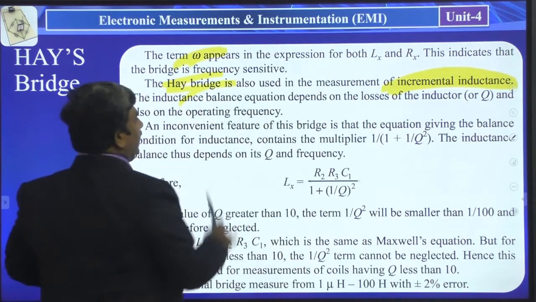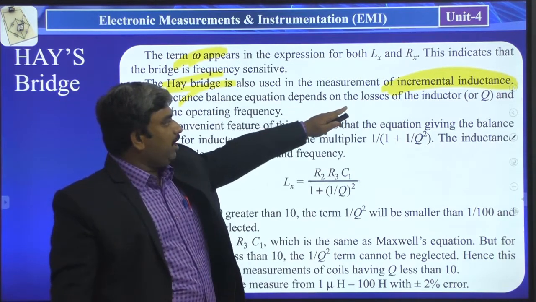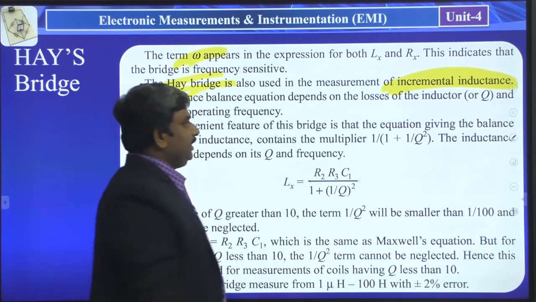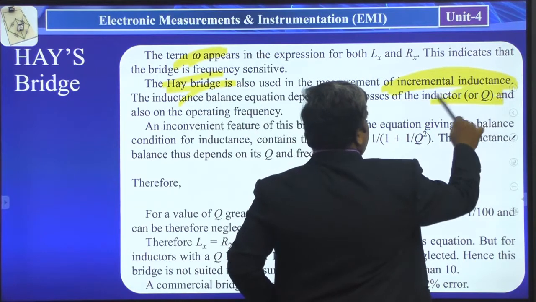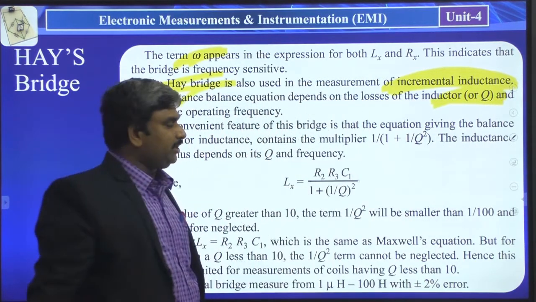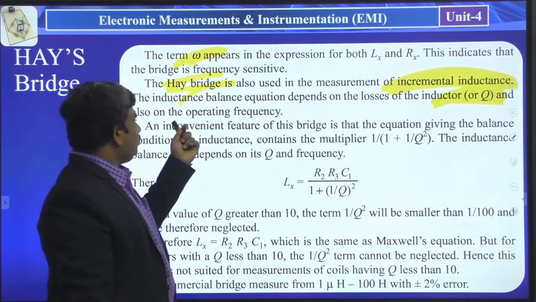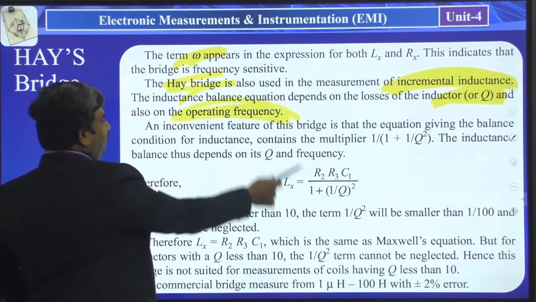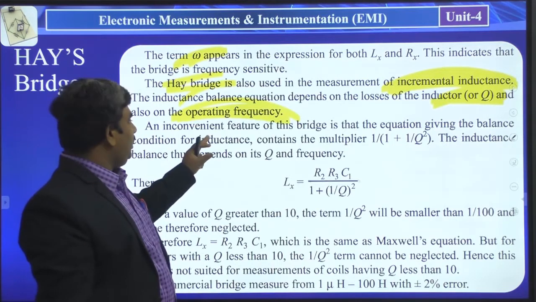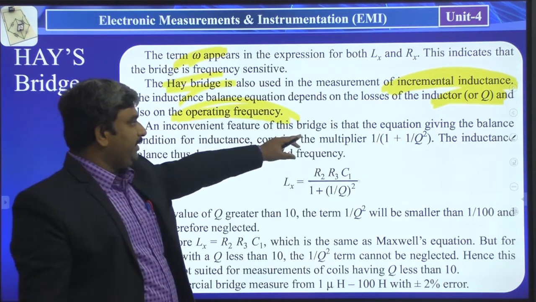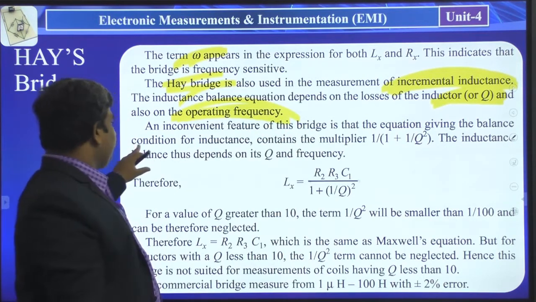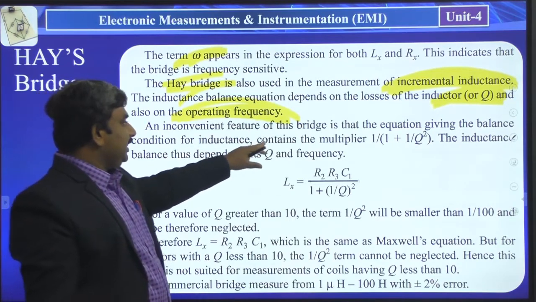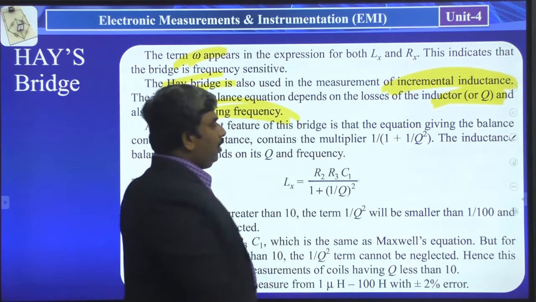The inductance balance equation depends on the losses of the inductor. It is completely based on the Q factor, the losses of the inductor, and also the operating frequency. The operating frequency is also a very important parameter. An inconvenient feature of this bridge is that the equation giving the balance condition for the inductance contains the multiplier